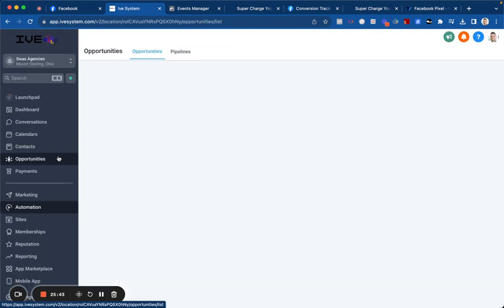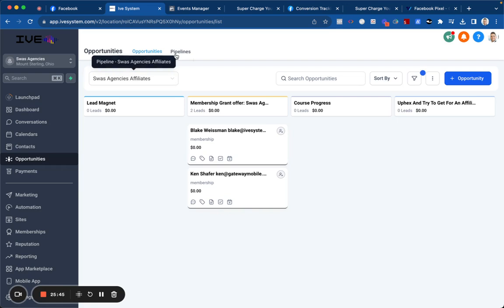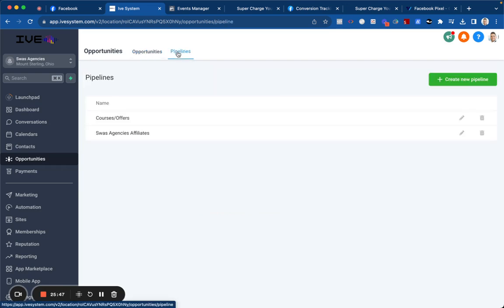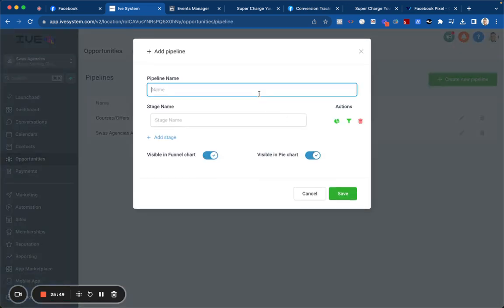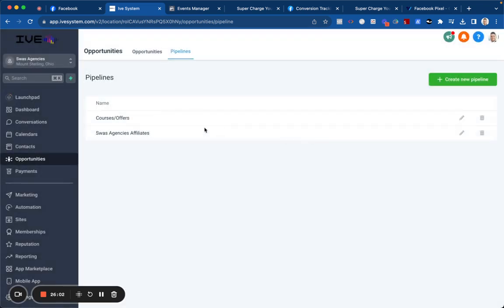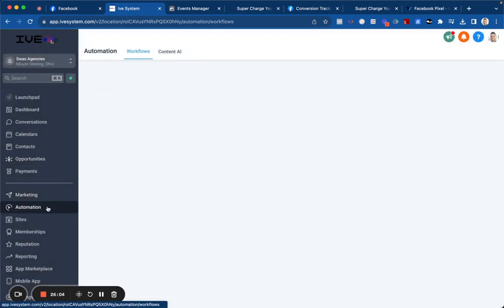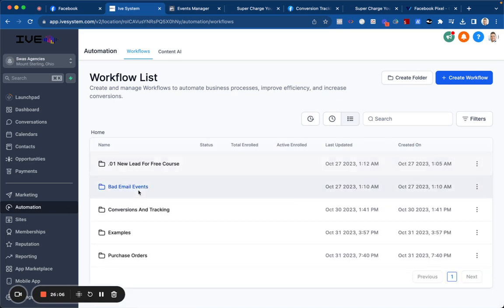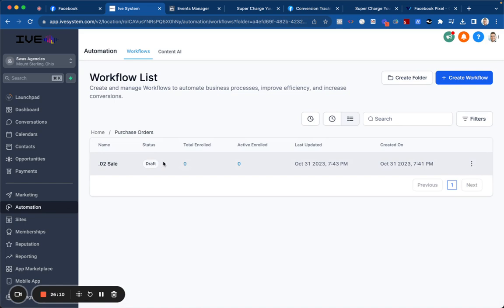And then to make sure the API conversion does work as well, what we want to actually go do is we're going to go sales test. Then we're going to go opt-in. And then we can do sale. And then after we are done doing that, because I want to go back to our purchase orders,